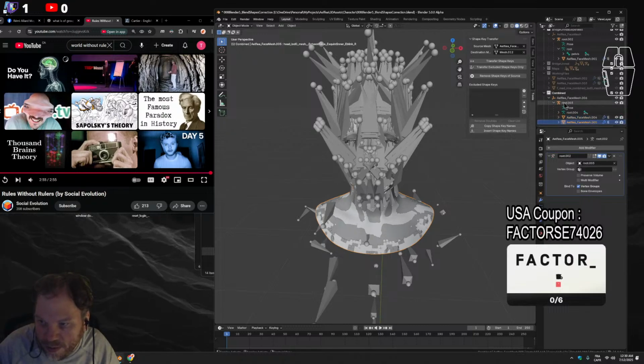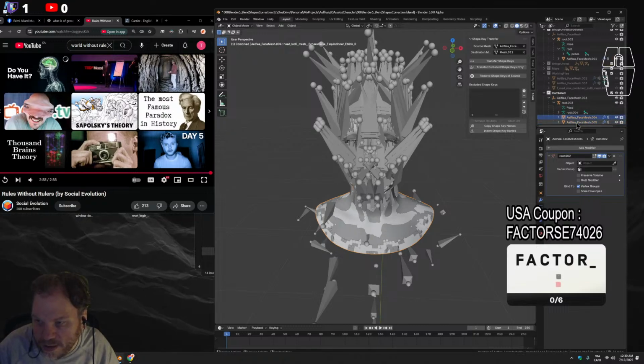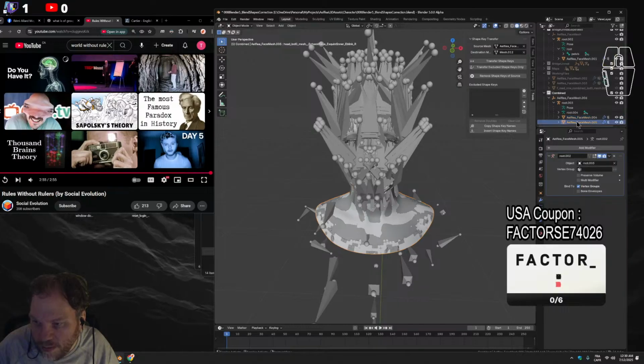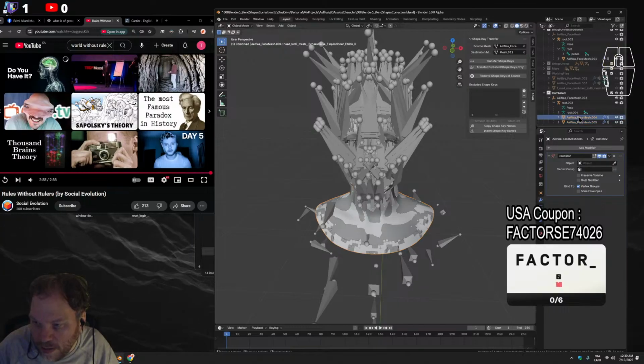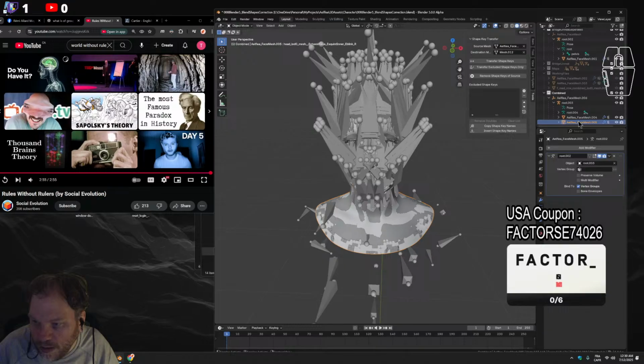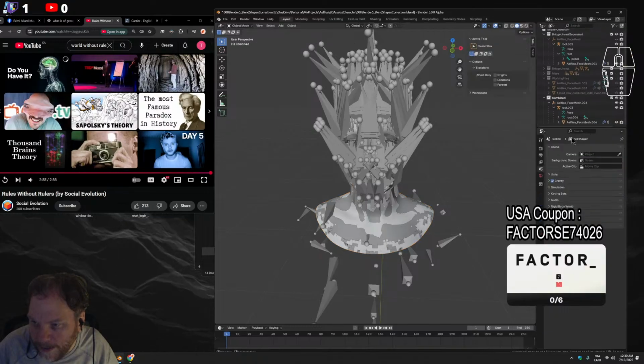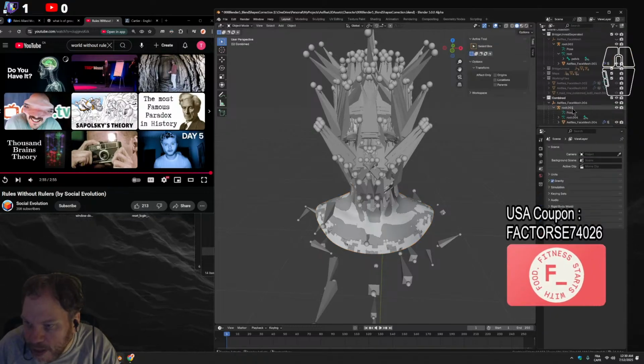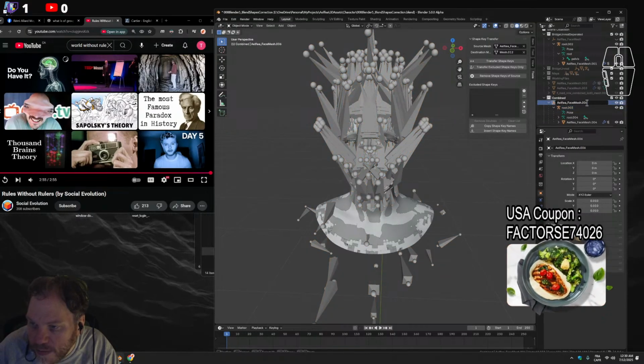As soon as I put it inside, it adds the modifier, but it's red. Okay, now I needed to pick the pickle. So I will delete this one. Maybe I would need to